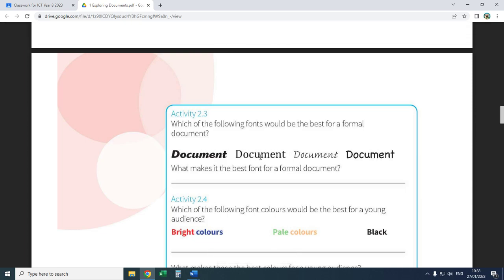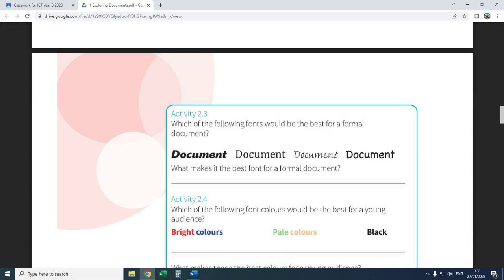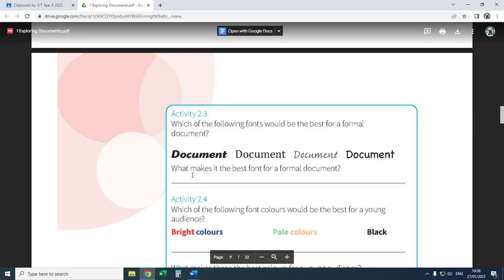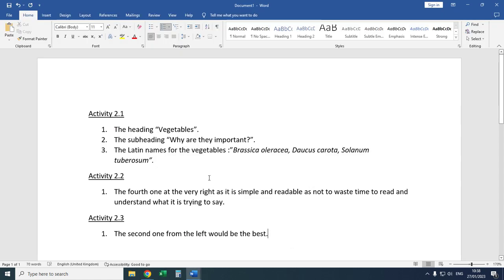This one looks the neatest. So all of them are obviously neat because they're typed, so they all look the same, but it just doesn't have any extra anything. So it's just plain and simple. With what makes it the best font for a formal document, I would say the reason would be that it looks the neatest,